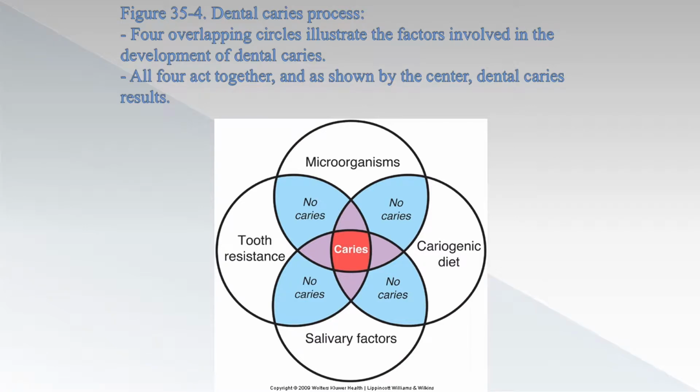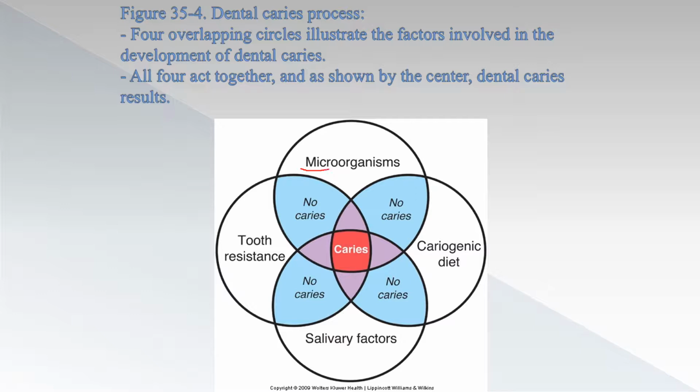Okay, so let's continue where we left off with the first PowerPoint presentation, and that's the dental caries process. So we have 4 overlapping circles that illustrate the factors involved in the development of dental caries. All 4 act together, and as shown by the center, dental caries results. What I want you to see here and what you need to know is that it takes four elements